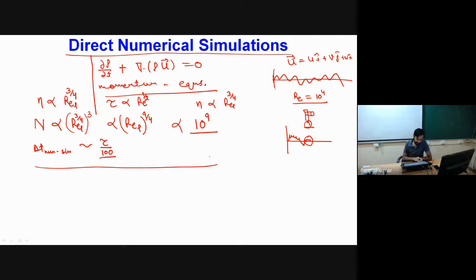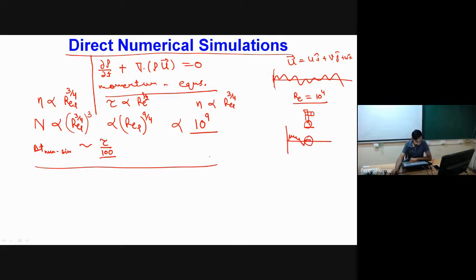Another thing is, say when someone is proposing some turbulence model, okay, for example, in case of RANS, or even in LES. If someone has to validate that proposed turbulence model, for validation purposes, we have to use direct numerical simulation, or we can get first-hand information from direct numerical simulations, and based on that information, one can propose or build new turbulence models in order to improve the numerical solutions. Okay, so the sole purpose of direct numerical simulations is academic research.